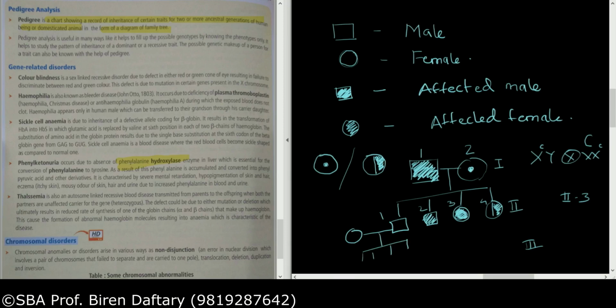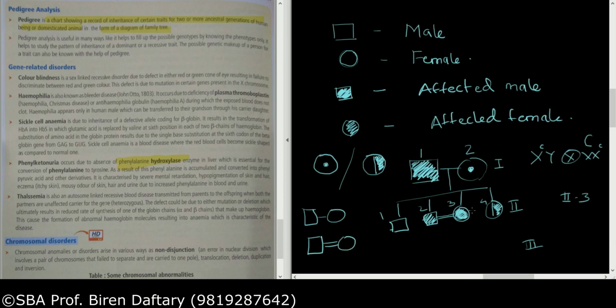Okay, now in some examples they show the mating between brothers and sisters, that is called consanguineous marriage. For example, if I show the mating between these two and I draw a line, this is called consanguineous. And if I want to show this, I have to draw two lines. That means the marriage or mating is between a brother and sister who have the same parents. Normally these examples are not in your book, but please remember, if you want to show normal mating, then it is like this. If you want to show consanguineous mating, then there is a double dash.